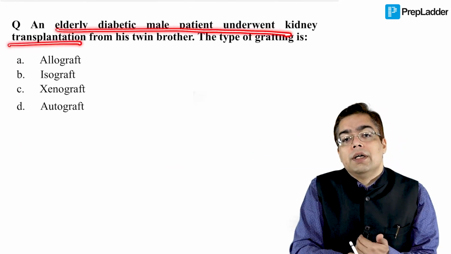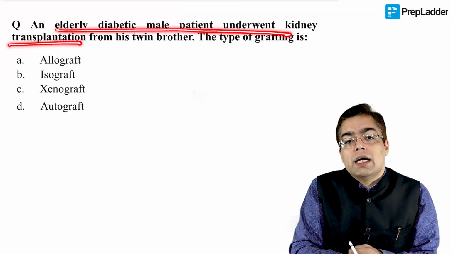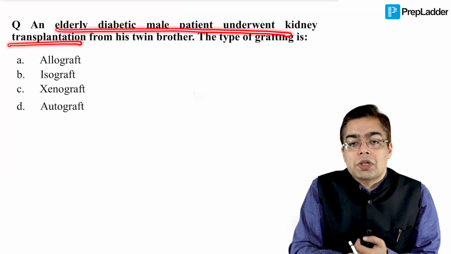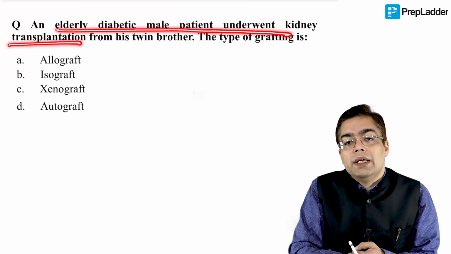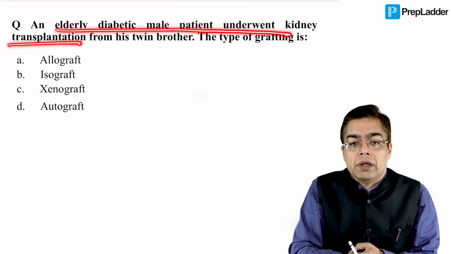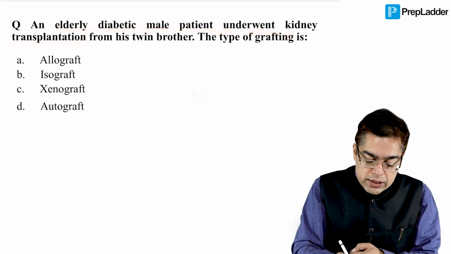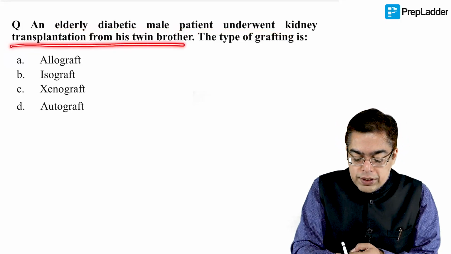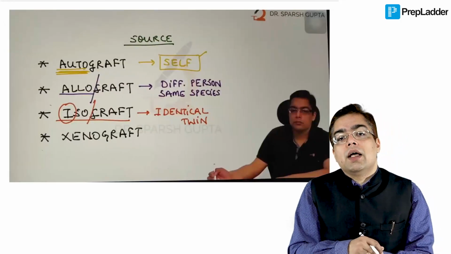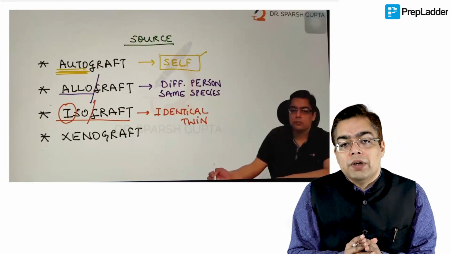We have a hidden question over here as well, friends. As I talked about with you a few minutes back in the discussion of another question, diabetes happens to be the number one cause of development of chronic kidney disease. So that these patients survive, they would have to undergo something like kidney transplantation. Now the question says that the transplant has been taken from his twin brother, and that was again a direct ripoff of what we had talked about in the videos as well.